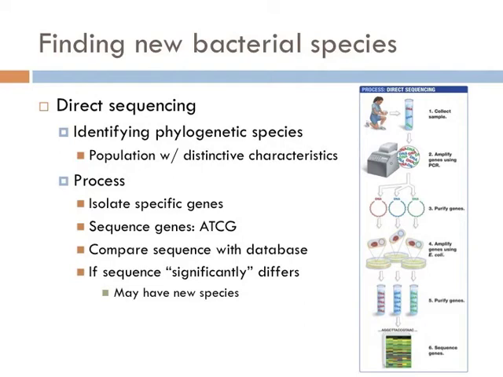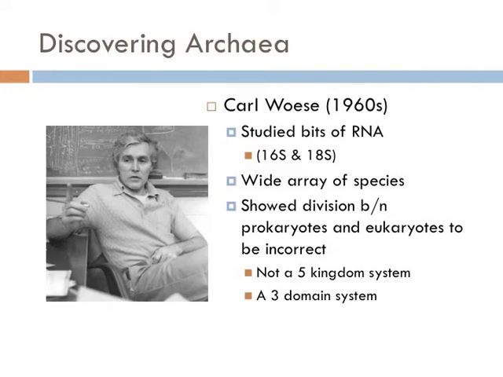However, how significant does the DNA difference have to be in order to consider it a different species? This is extremely subjective and a hot point of contention amongst microbiologists. Until the 20th century, most biologists considered all living things to be classifiable either as a plant or an animal. But in the 1950s and 1960s, most biologists came to the realization that this system failed to accommodate the fungi, protists, and bacteria. By the 1970s, a system of 5 kingdoms had come to be accepted as a model by which all living things could be classified.